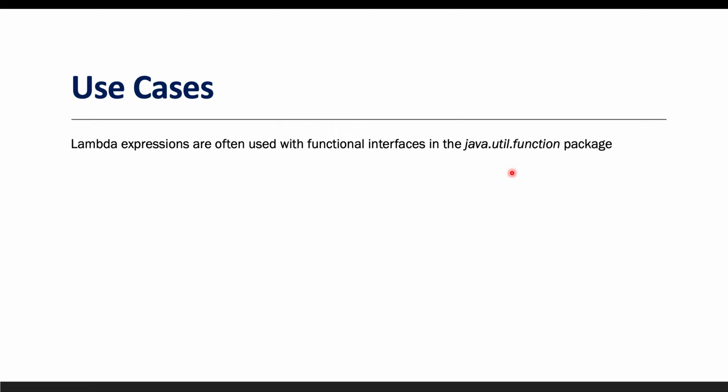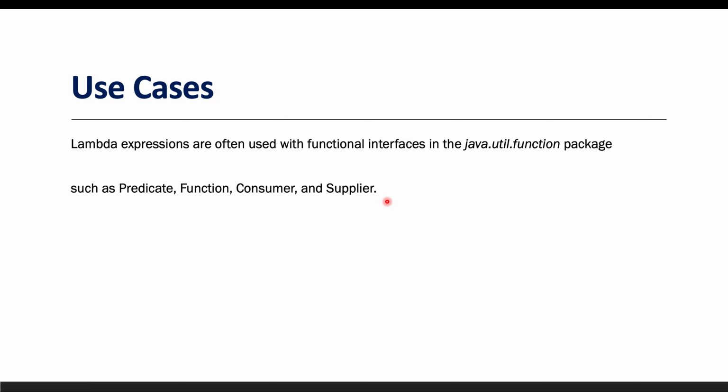Okay. We have already seen some of the interfaces that are already available which have exactly one abstract method, and those can also be used as functional interfaces, and the implementation of those interfaces can also be provided by the lambda. Along with that, Java also introduced some different functional interfaces, called built-in functional interfaces, like predicate, function, consumer and supplier. There are many more, but these are a couple of the important functional interfaces introduced by Java as part of Java 8, and all these interfaces have exactly one abstract method.